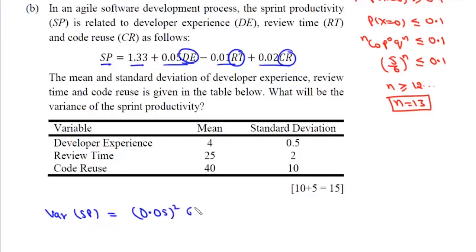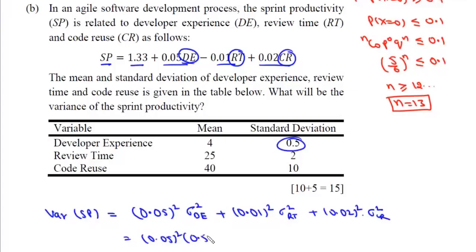0.05 square into variance of developer experience plus 0.01 square into variance of review time plus 0.02 square into variance of code reuse. So it will be 0.05 whole square into, now its variance will be 0.5 square. Now this is 0.01 square into 2 square, and this is 0.02 square into 10 square,